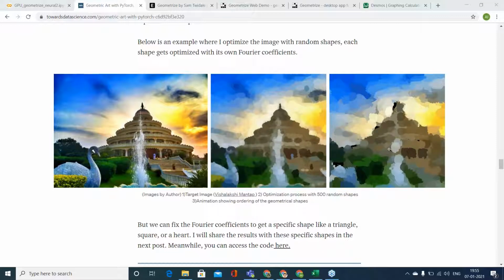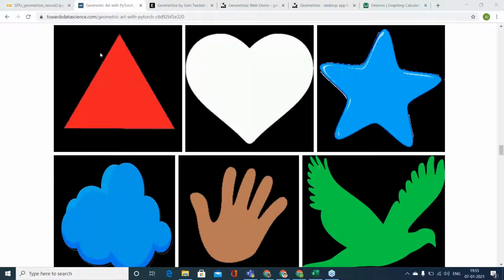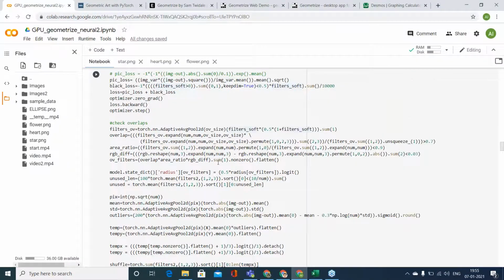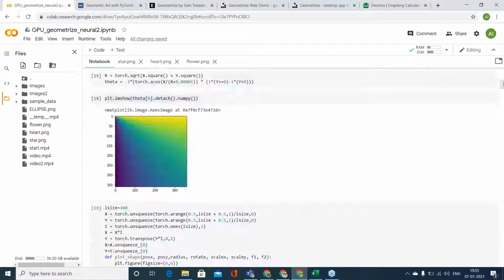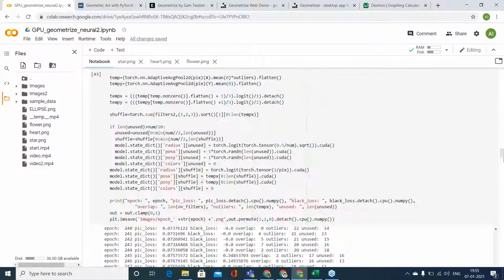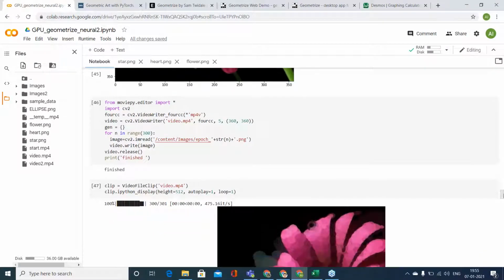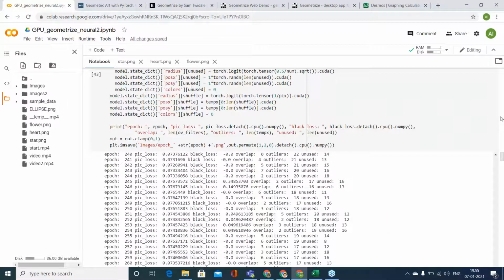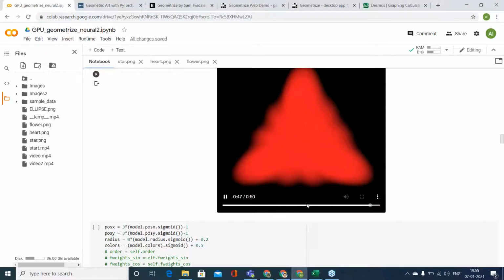We can also make it with specific shapes. Suppose I want to make it with triangles. I already have fitted a triangle. So you see this triangle here.